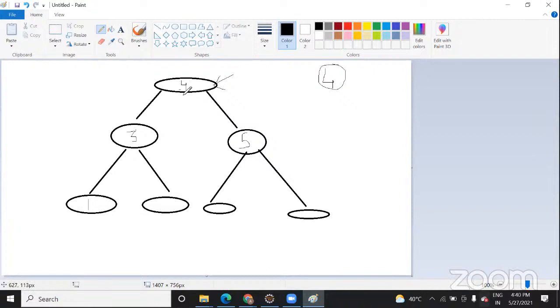They hold data, and as this data comes, they will check each and every node value. What is the value of this node? And according to the binary tree, the right hand side tree, or you can say subtree, should be greater than the node. I mean this side will be greater and this side will be less. So according to this, when 4 comes, 3 is less. So how will you break the tree?